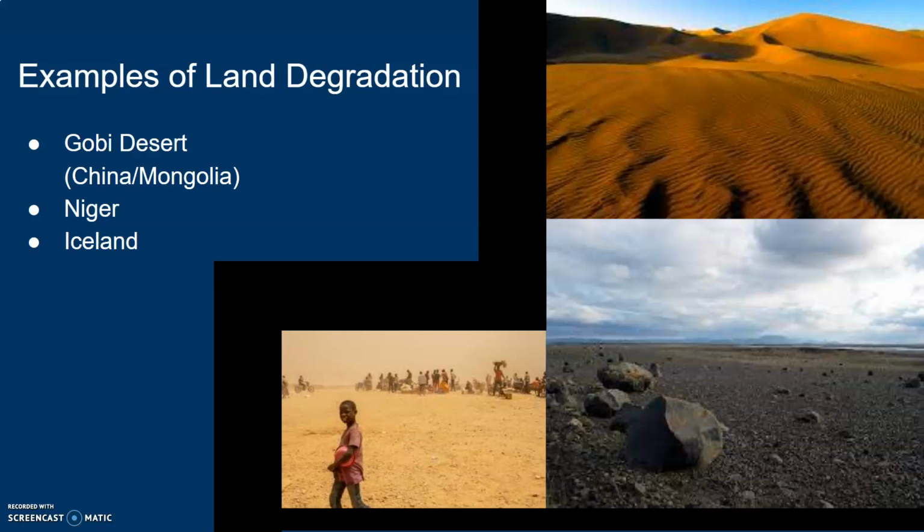And Iceland's an extreme example because only 2% of Iceland is covered in forest. It didn't used to be that way. Around 60% of it was covered in forest way back when the Vikings settled there. And they took advantage of the land for agriculture and mostly for grazing sheep. And they overgrazed, and now the land is unusable. And reclamation efforts are taking place in Iceland through the use